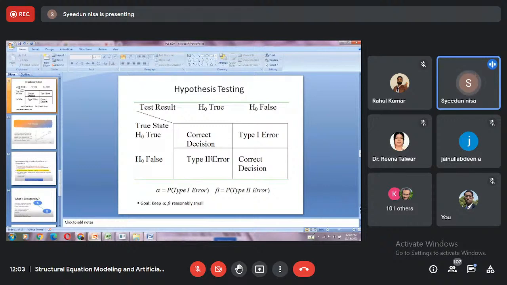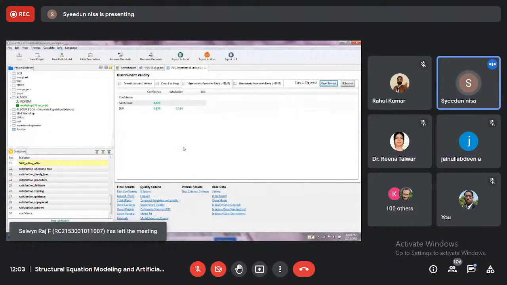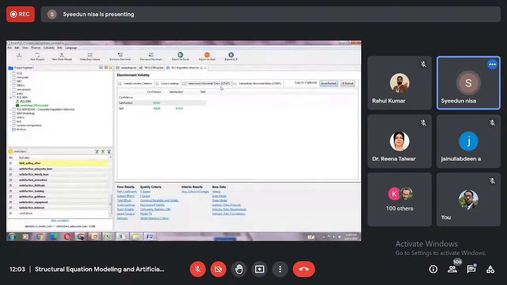So is a sensitivity of a test, is a specificity. If you are doing this mistake, a type 2 error, then it's a big problem. So this HTMT, heterotrait-monotrait ratio, takes care of this specificity as well as sensitivity. Okay, so if your hypothesis was true and your test result is making it false, okay, type 2 error. If your hypothesis was false but your test result is saying that it is true, it is not going in